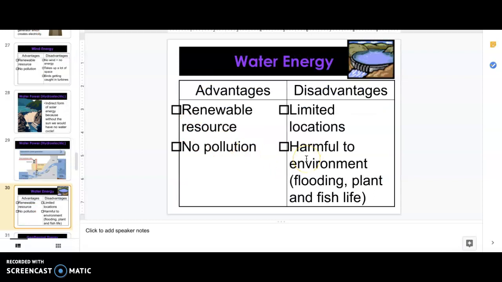It can only be built in limited locations, such as where there's a river. It can also be harmful to the environment because behind the dam there could be a buildup of water, and if there's a strong storm, there can be flooding. This can be harmful because of the flooding for plant life and fish,